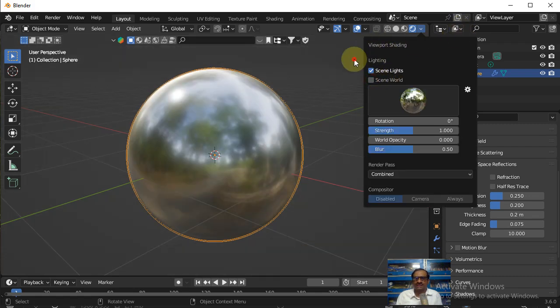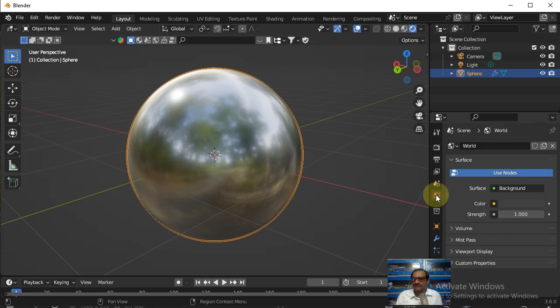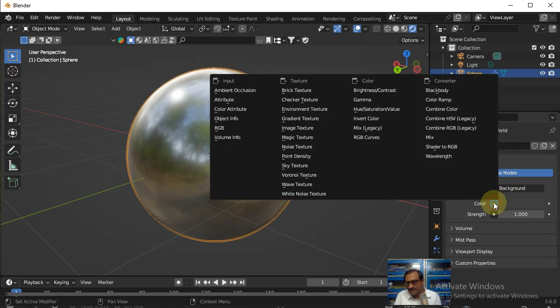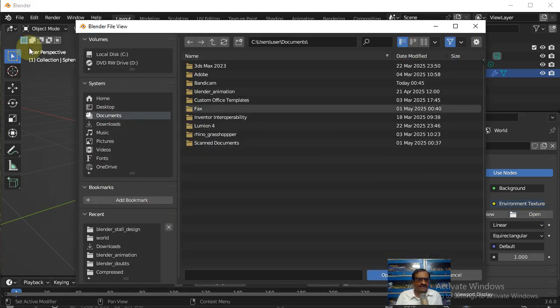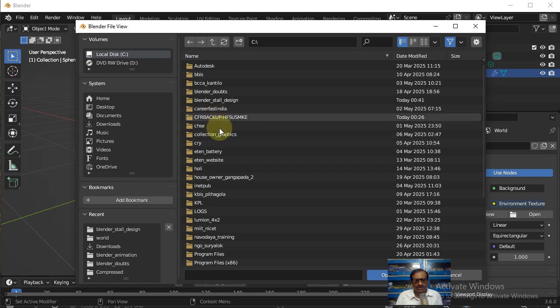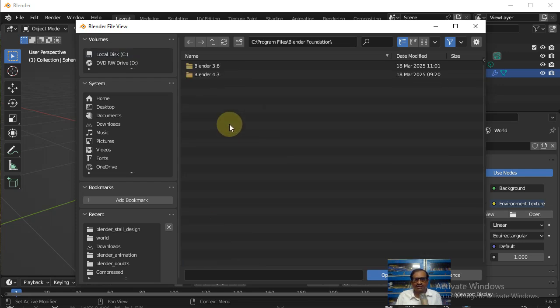Okay, I turn off this one. For doing HDRI settings I have to go to this World tab. Inside World you will see this color. Click on this one and change this to Environment Texture. Here you will get an Open button. Click Open here. Now go to C drive, go to Program Files where we have installed Blender, Blender Foundation,